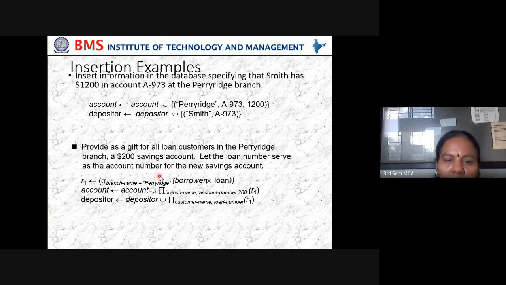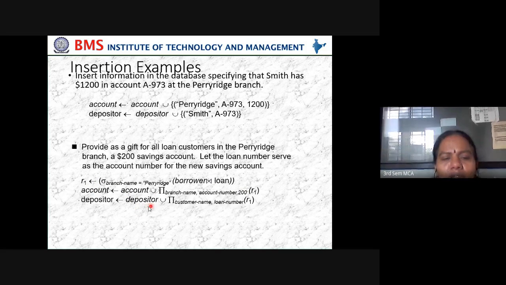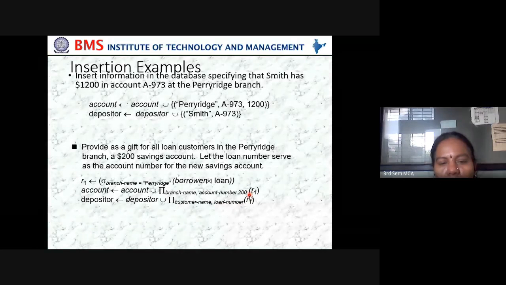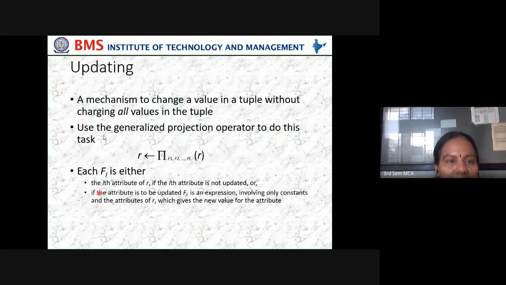So we take borrower and loan, for the Perry Ridge branch, and add 200 for the savings account. We store this in R1, add 200 to it, and store it back into account. In the same way, from depositor, customer name, loan number, and R1, project and store back in depositor. That is how the insertion is done.